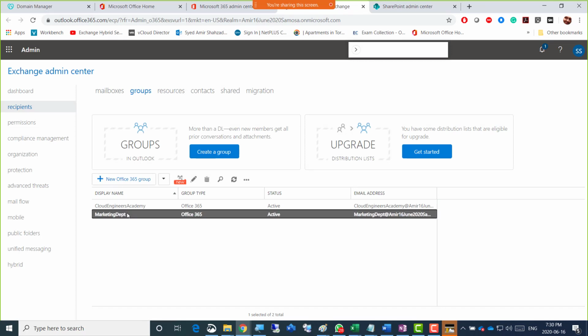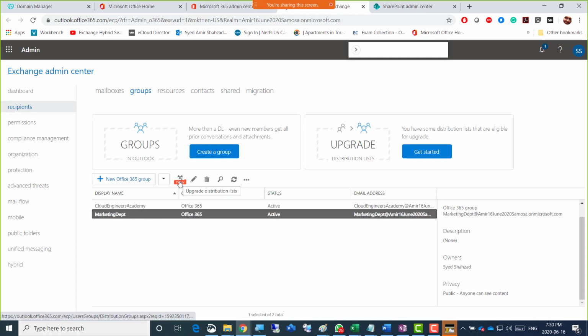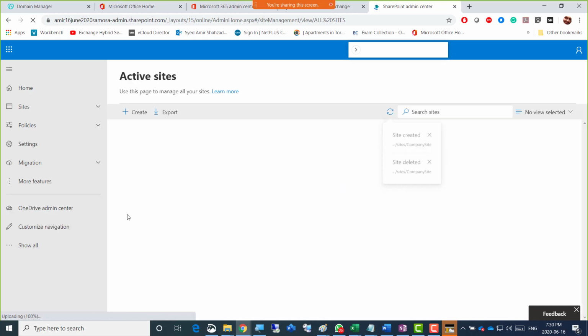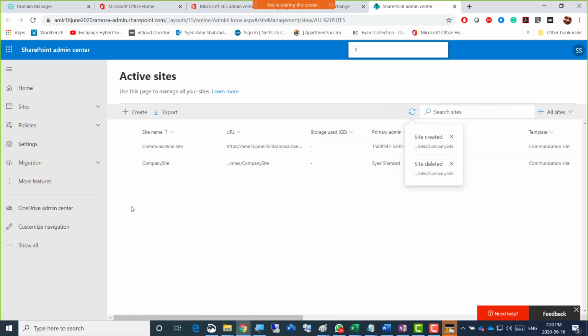I'm just going to go back to the SharePoint Admin Center and refresh that, or after some time, or maybe tomorrow, we can refresh that. So whenever it pops up here, we're going to check that out, right? So right now, let's just keep that group created there, and we will keep checking it later, because now we have 30 days, right, for this.